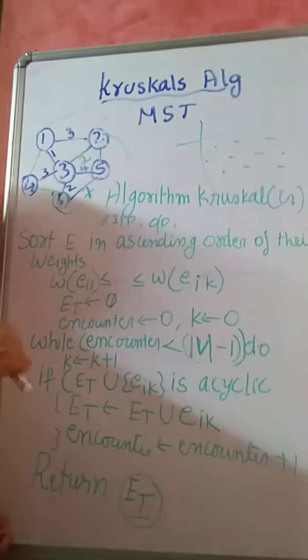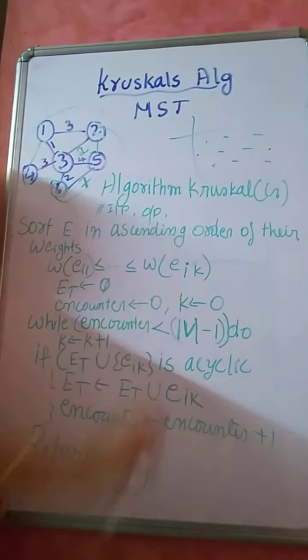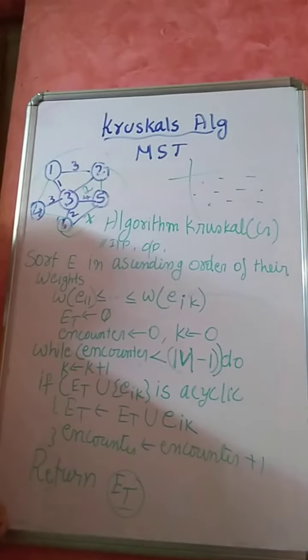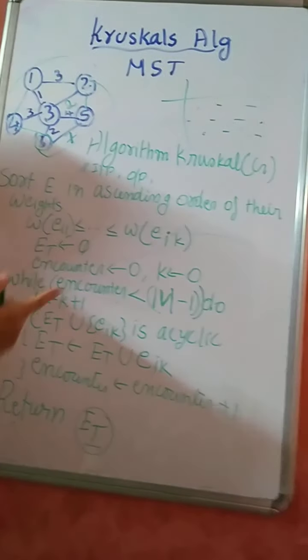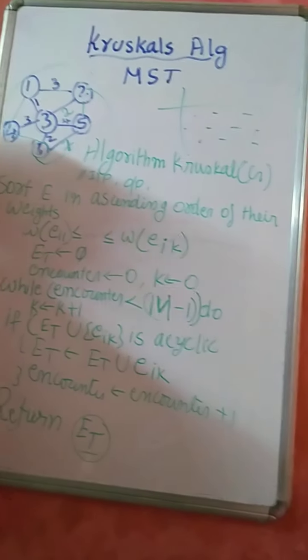In both cases, the time complexity is V square, that is, the number of vertices squared. Why V square? Because we represent the graph using a two-dimensional array, that is, the adjacency matrix representation. That's why it is V cross V, or N cross N. Therefore, it is N square or V square. So this is about Kruskal's and Prim's algorithms.